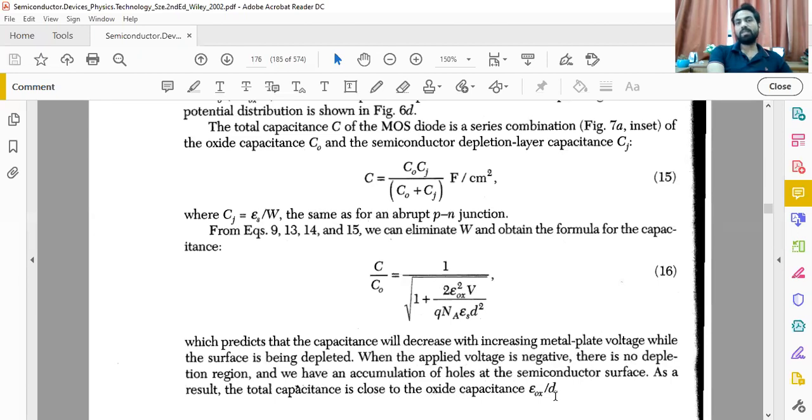And the second time they are saying, in this situation when we are applying this negative voltage, the Cj will not be available. So once the Cj will not be available, then C is almost equal to C oxide. That happens because if we make it forward bias, holes and electrons keep on moving, and the junction capacitance of the semiconductor does not persist. That's why they take this one.